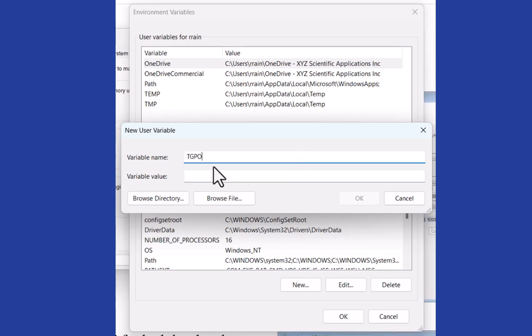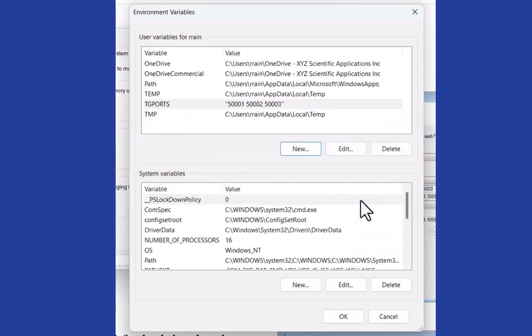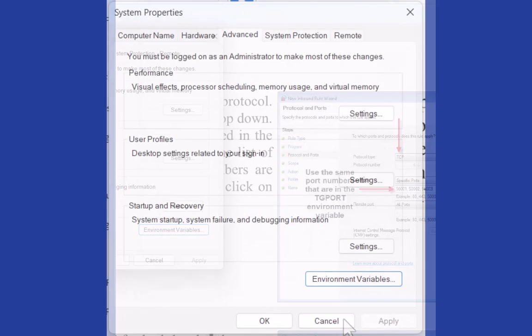I'm using TG ports. Add the 3 ports you wish to use on your client PC. These port numbers are just an example, but feel free to use them if you like. Select OK in all 3 open windows to save your environmental variable. Sometimes the environmental variables don't take effect until you restart your computer, so you may want to restart after you